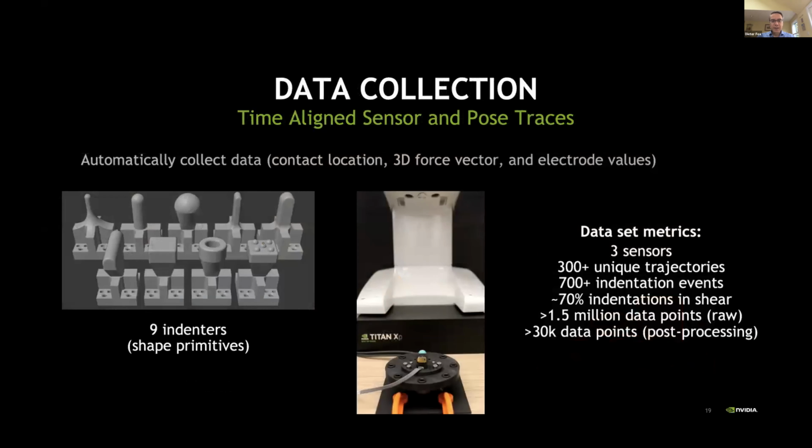So what Yash then did is, first of all, he developed 9 different indenter types. And here in the middle, you can see one example of how this process goes, in this video, the YuMi poking that BioTac sensor various times. Overall, we have more than 300 unique trajectories, so this dataset will be made available to people. Okay, so you can use that. But the key thing is, again, we wanted also to know what is going on in the